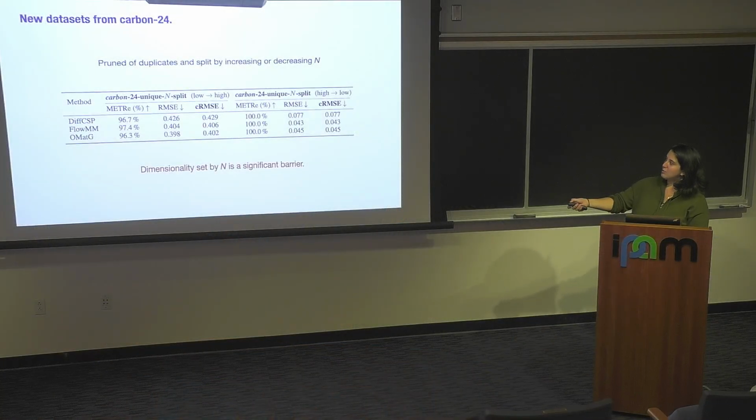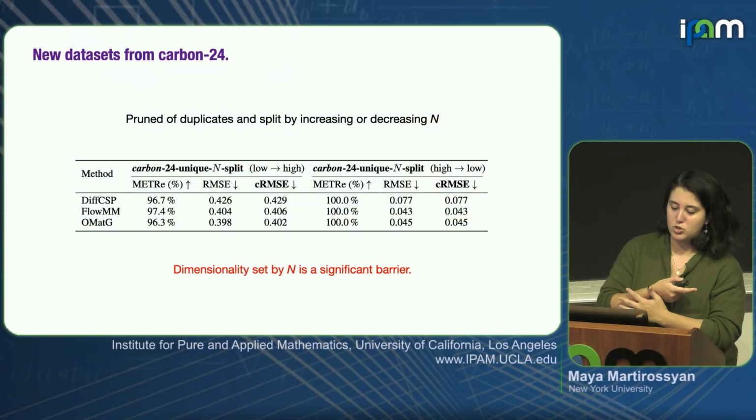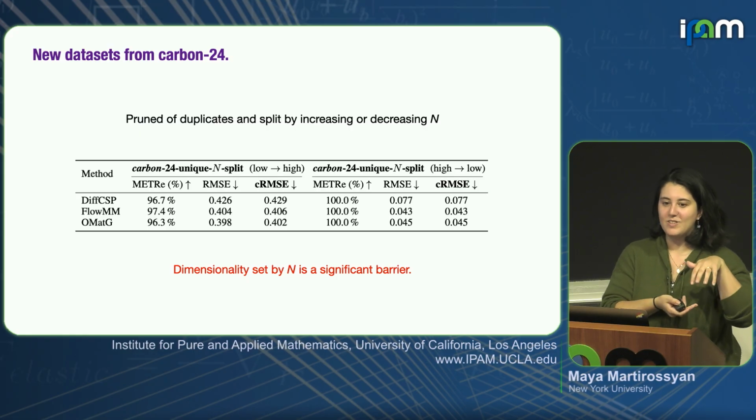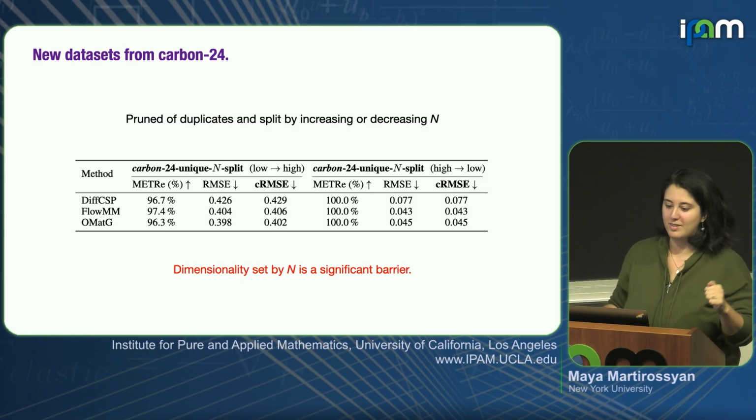Yes, okay, and I mentioned that we prune duplicates, and then for fun we make this increasing or decreasing by unit cell size in the data set split. This won't surprise you: if you train on the big unit cells and ask it to predict for the small unit cells, you do much better. But the reverse is much harder. If you train on small unit cells and ask it to predict a big unit cell, it does poorly.